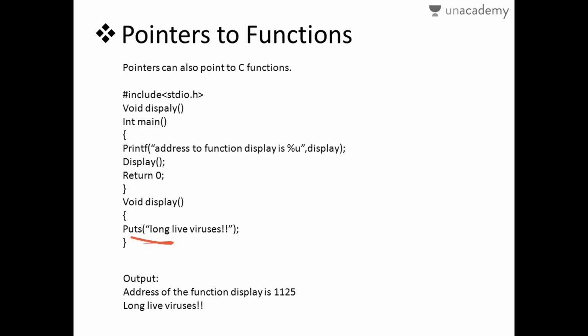This puts is printf statements, like we have two different things, puts and gets. Gets will be the scanf and puts will be of printf, and the output will be address as 1125 because the address that we have entered into a function might be 1125, and long life viruses is whatever we wanted to